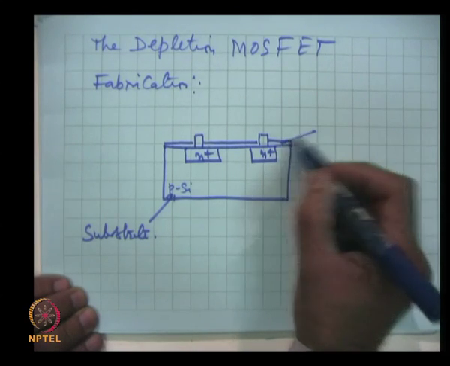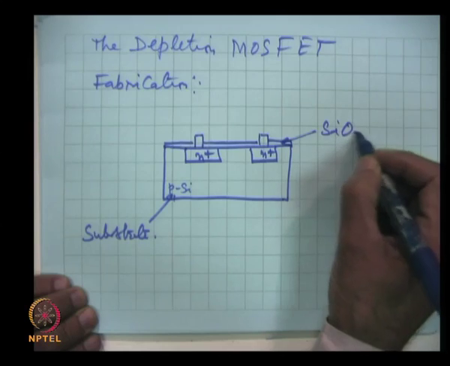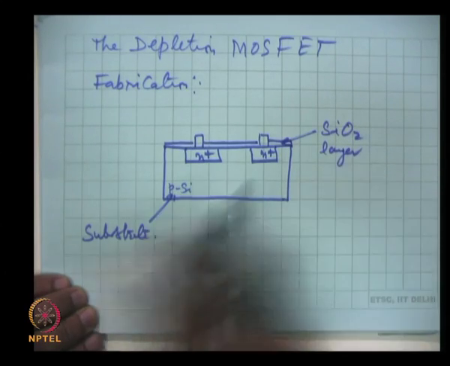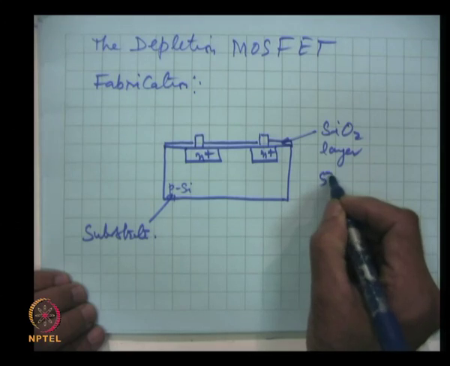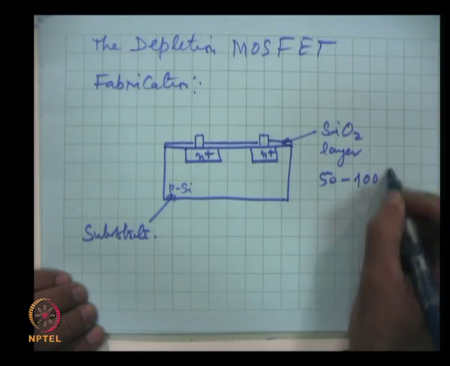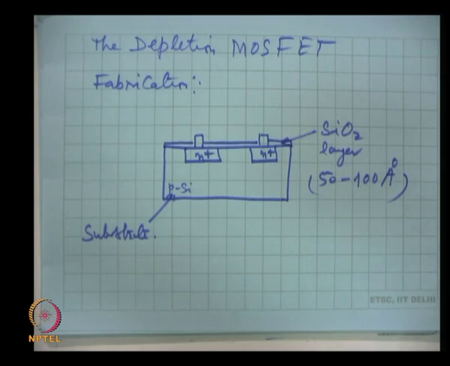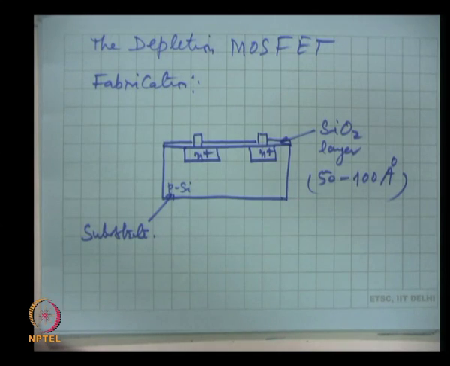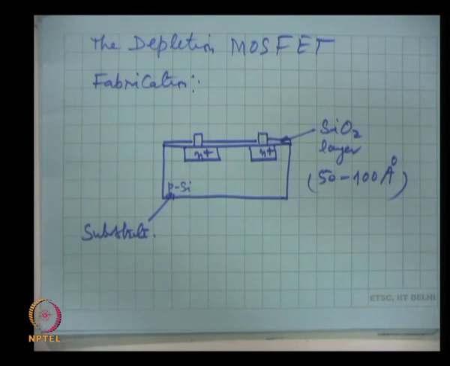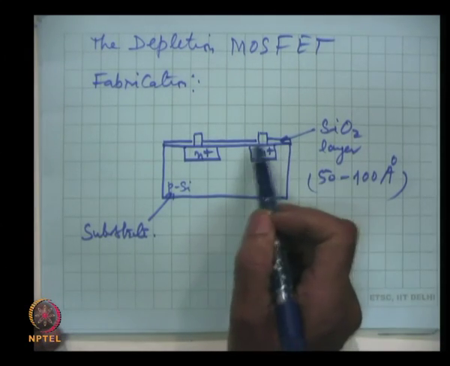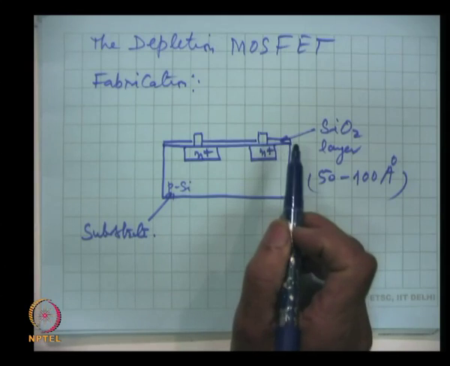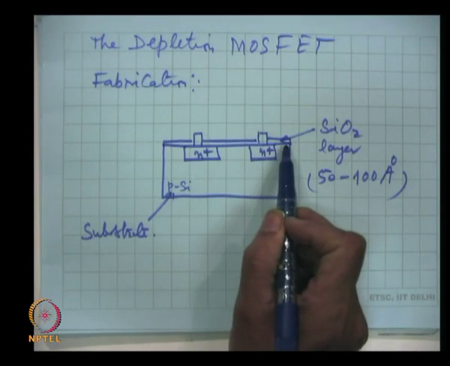This is the insulating layer, SiO2 layer. It is a very thin layer, say 50 to 100 angstroms thick. How is it achieved? The silicon on which we are making the device is kept at a temperature and fresh pure oxygen flows over it. It is all computer controlled. So, how thin an oxide layer we need is controlled, and hence an oxide layer is obtained. Then